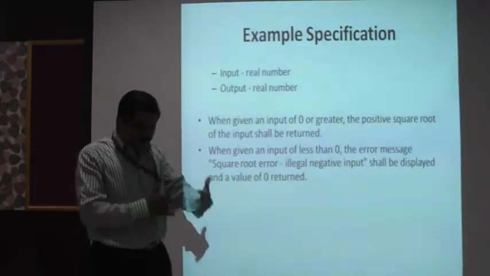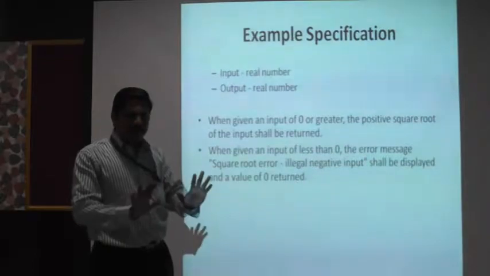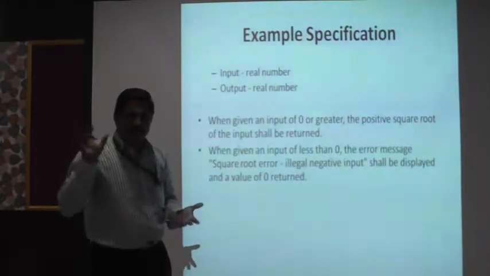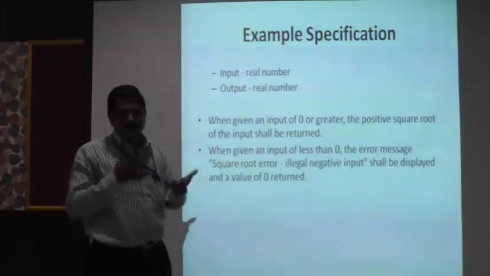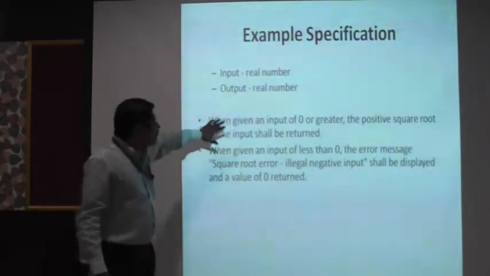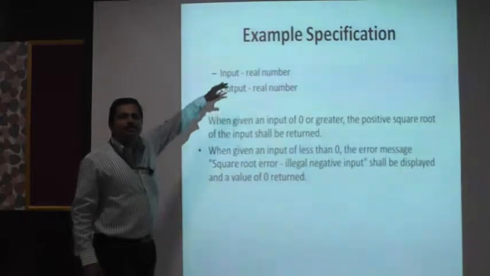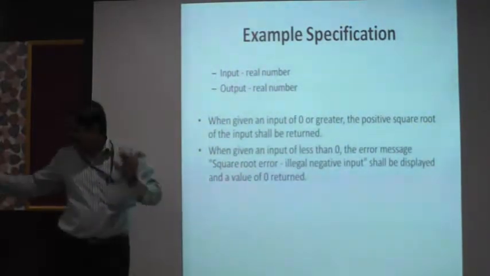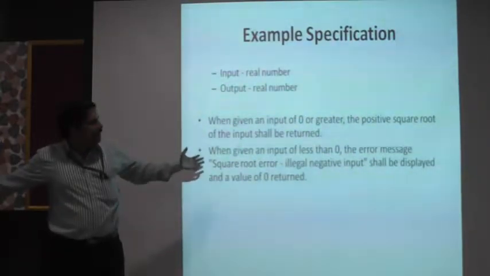So this is my specification. My specification is: if the number is greater than 0, print the square root. If the number is less than 0, display an error. So it works based on the specification. That is an example of specification derived testing. Now let us see the next